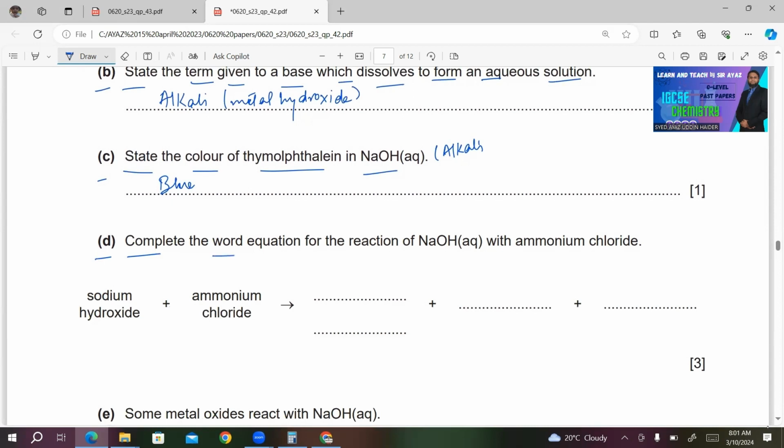D. Complete the word equation for the reaction of NaOH aqueous with ammonium chloride. Ammonium chloride is ammonium salt. So whenever you react ammonium salt with alkali, here sodium hydroxide is alkali, what you will get? You will get 3 products. You will get ammonia,